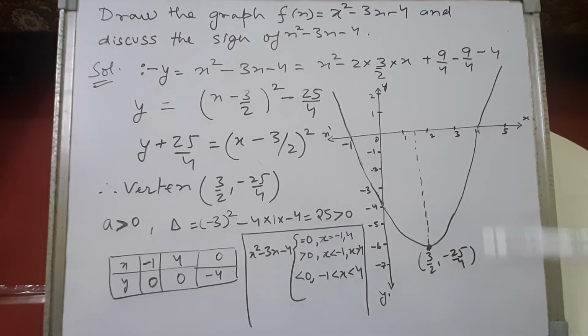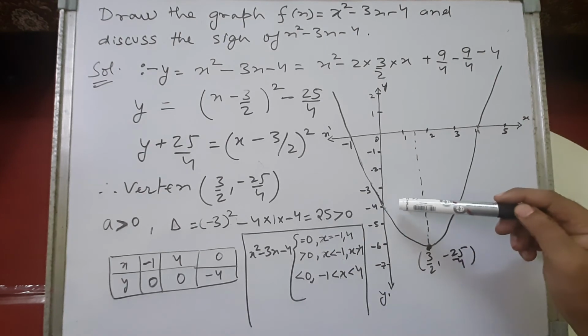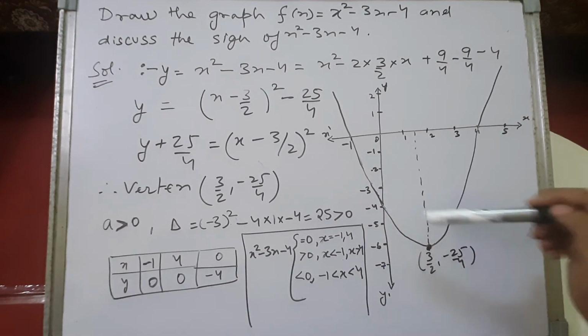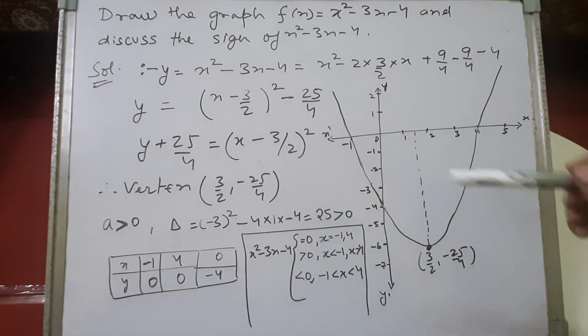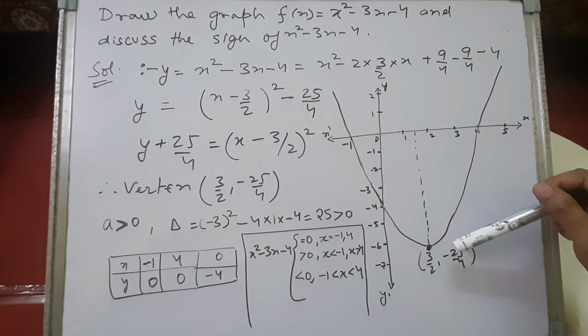That means this parabola is passing through 2 points on the x-axis, which are -1 and 4. And when we put x equals 0, we get one value of y, which is -4. That means the parabola is intersecting the y-axis at only one point, at -4. We can take out more points to find the exact curve, but I have got the idea that this way the parabola will be formed, right? So I have just drawn a rough sketch of that.